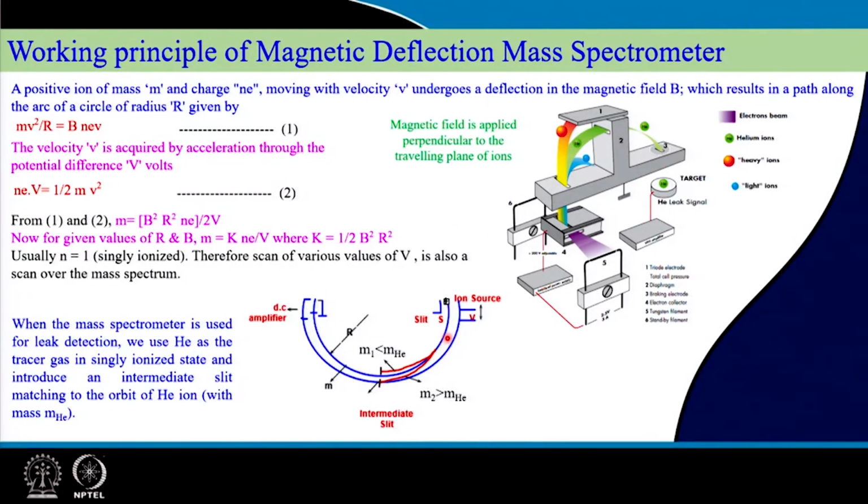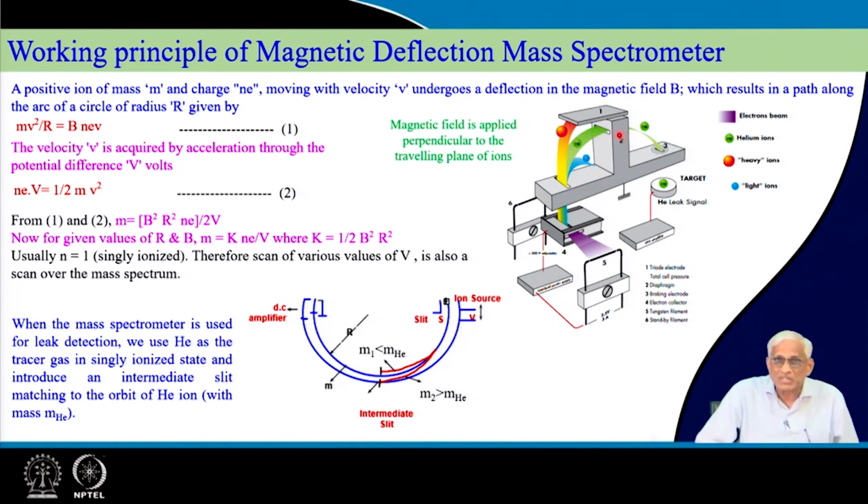So, a little more detail on the physics of it, for those who are interested. This is the typical deflection magnetic mass spectrometer. Do not worry too much about the structural things, if you carefully observe, after some time you will understand. It is nothing but a source of electrons in a filament, you apply a small voltage to heat it, thermionic emission electrons will come out, and that is the power source for this, and these things will ionize all the atoms which are around,